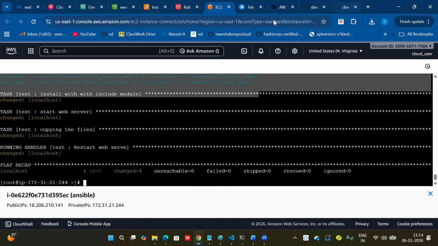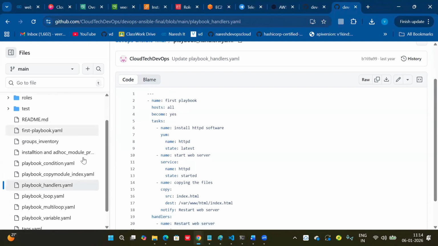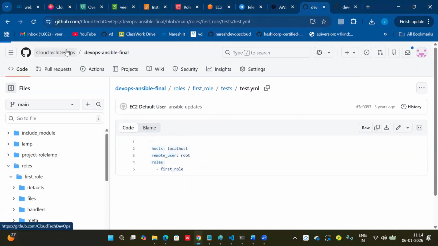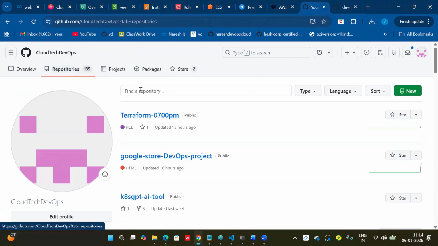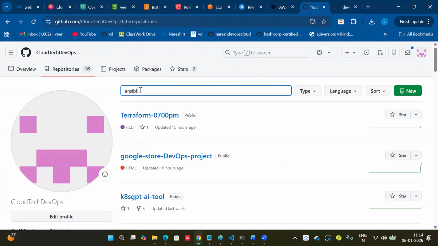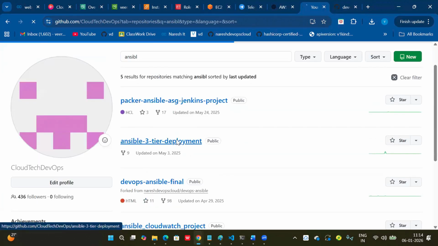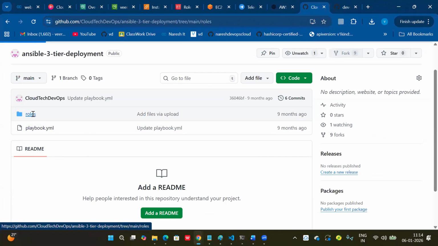Now I'm going to show you guys one project here. Our project, the 3-tier full stack project. You can understand. So you can give that a try. Ansible 3-tier deployment. You can see this playbook.yaml is for what? Calling these roles.